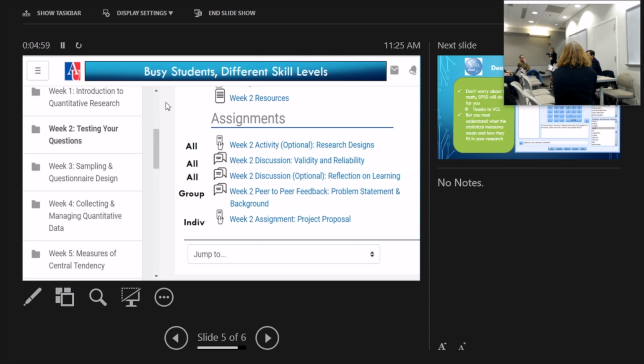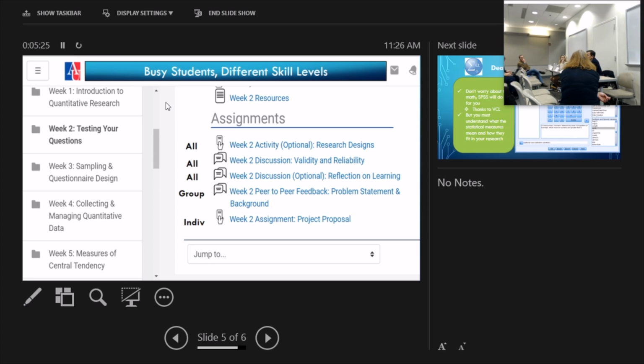So we have assignments in multiple formats. Some of them the whole class interacts. Some of them are small groups, especially when it comes to sharing feedback on their rough draft of their work, and then ultimately at the end of the week they have to submit the key assignment in terms of